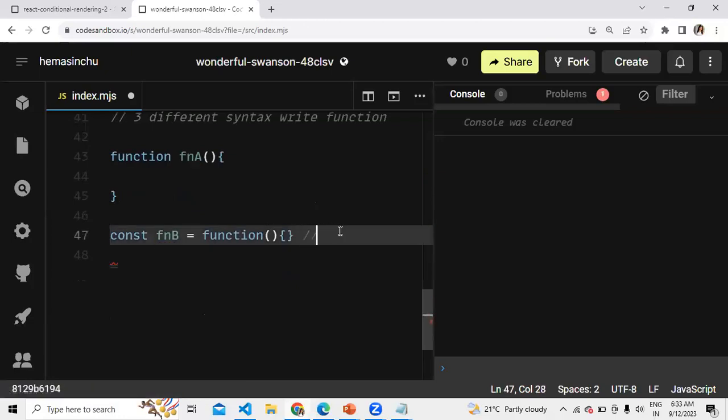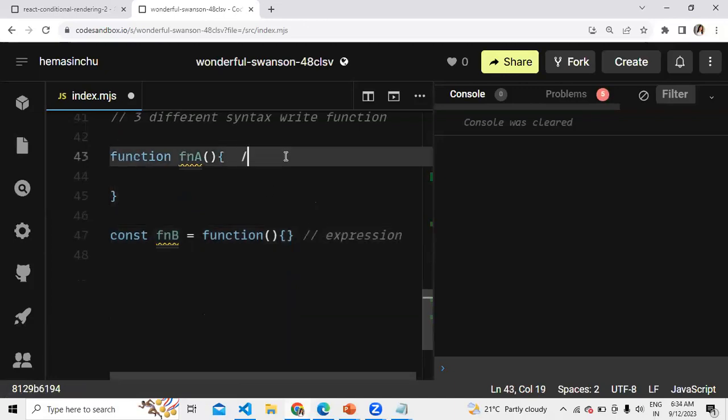Function B. This is called expression syntax. It looks like an expression, where the left hand side is equal to the right hand side. Here, this is the normal function declaration syntax.